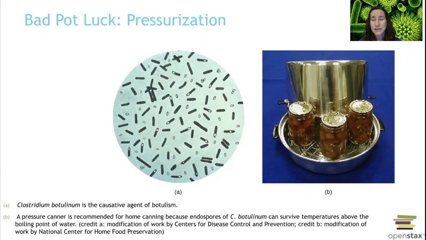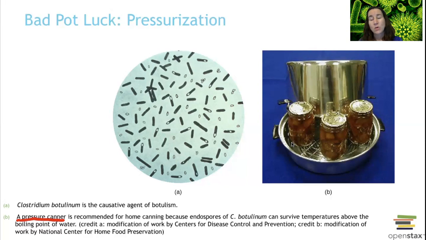So they called up the CDC, had the CDC overnight them some anti-botulism medication, and more people come in. And it turns out that they were all exposed to some potato salad that was made with canned potatoes in a home canning kit. And they weren't used with a professional pressure canner. They were used the way that a lot of us have just been told to use, which is to boil the water, and you put your items in the can. Like, you wash your cans, you put them in the boiling water, you put your materials in the can, and